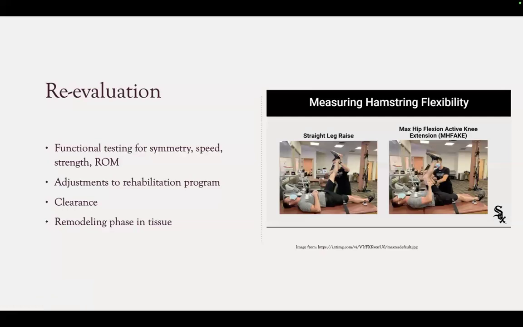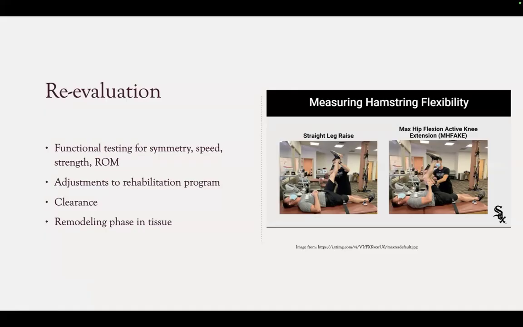The physician is going to test functional